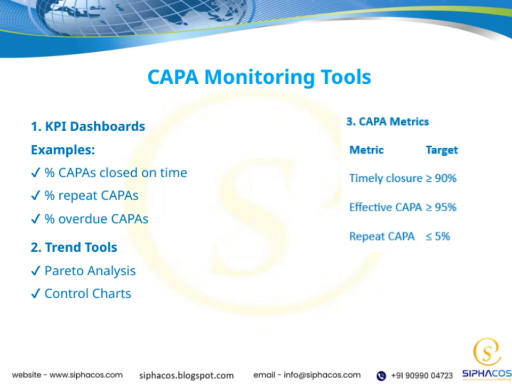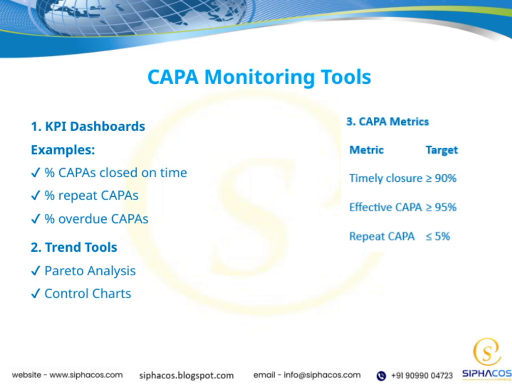And of course, monitoring overdue CAPAs helps us identify any delays so we can take corrective measures promptly. Next, we have trend tools, which are essential for understanding patterns over time. Pareto analysis helps us identify the most common causes or issues, so we can focus our efforts where they'll have the greatest impact. Control charts allow us to monitor process stability and detect any shifts or variations that might signal